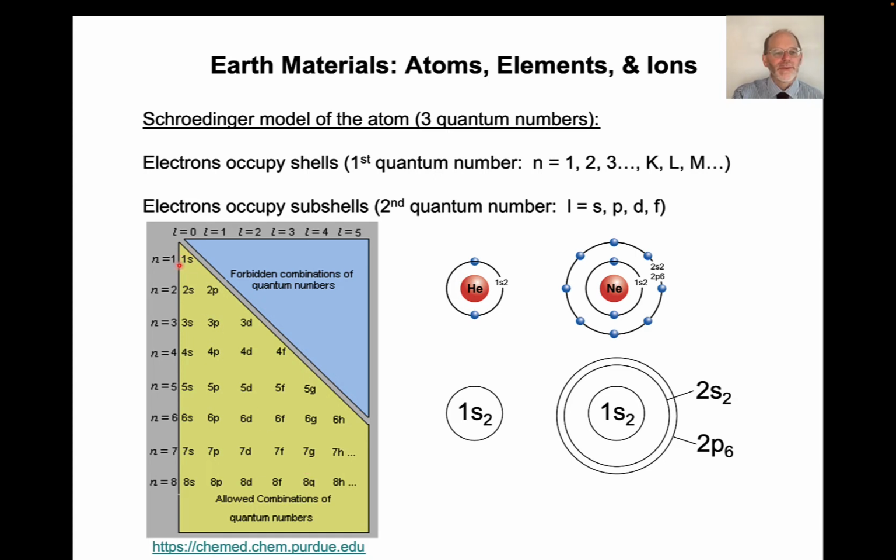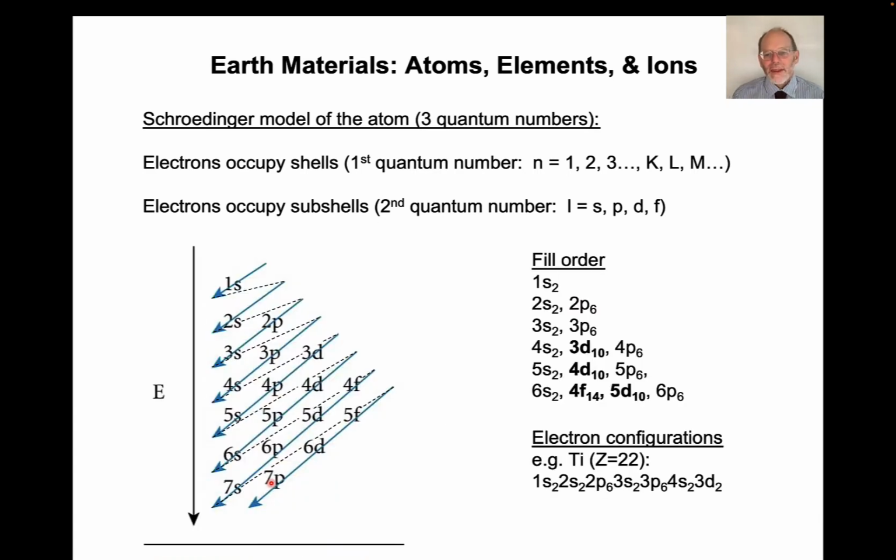So the first shell has only the s subshell, 2 electrons. The second one has the s and p subshells. The third one has the s, p, and d subshells, and so on and so on. The way that these shells are filled as we move up in atomic number follows this pattern. First, we fill the 1s subshell, then we fill the 2s subshell and the 2p subshell, then 3s, 3p,